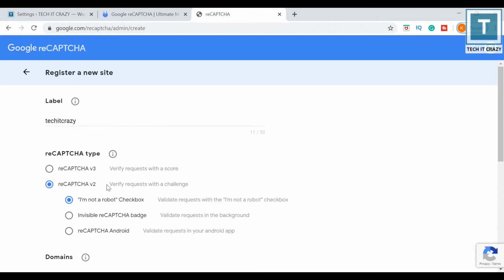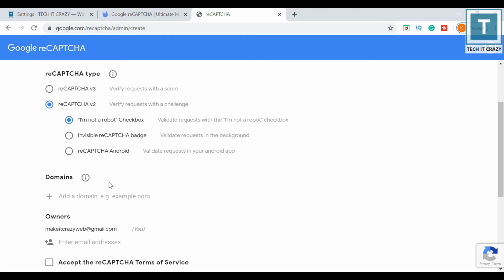Now I am going to select reCAPTCHA version 2 and I am selecting the option "I'm not a robot" checkbox. And I am giving the domain name, and I am giving my email ID.